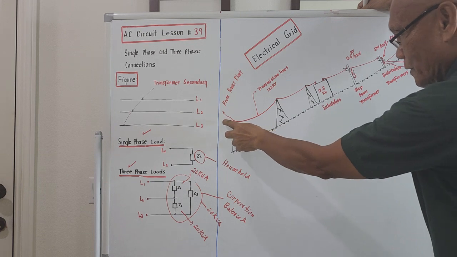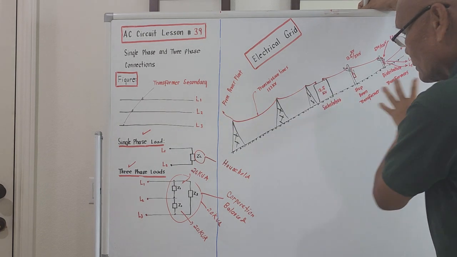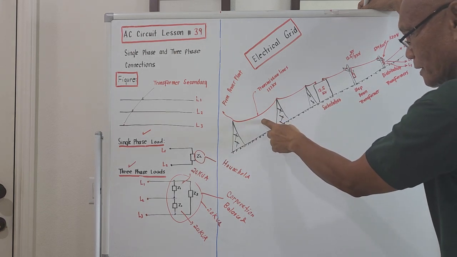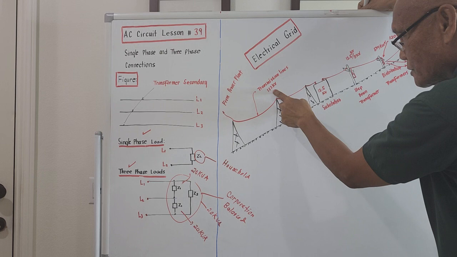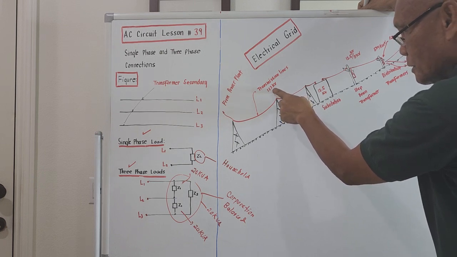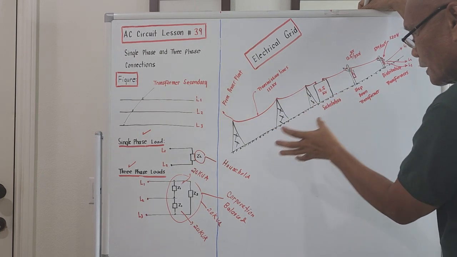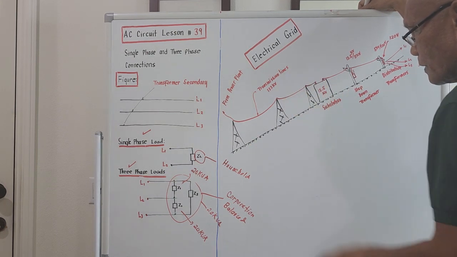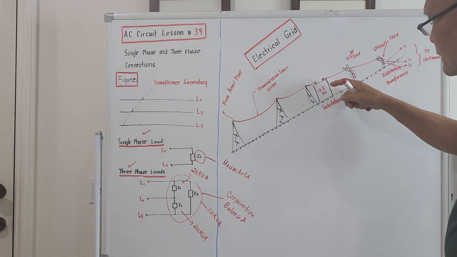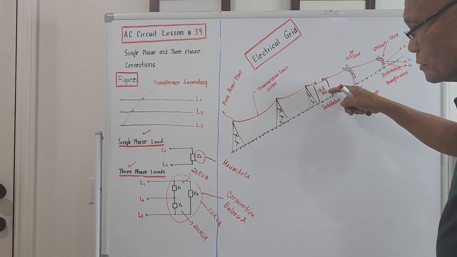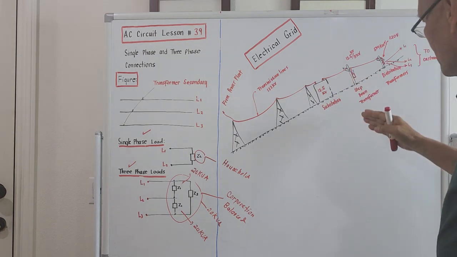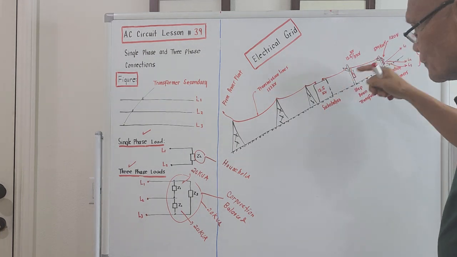So to deliver the power from the power plant going to the clients or houses, you need a transmission line, a high voltage transmission line. Maybe the voltage is 133,000 volts. And upon reaching a certain point along the line, this 133 kV will be stepped down to a voltage of around 13,500 volts. And from the secondary of the substation,